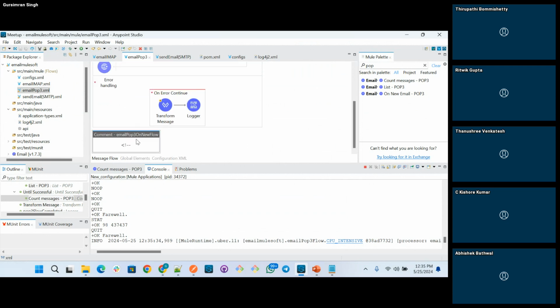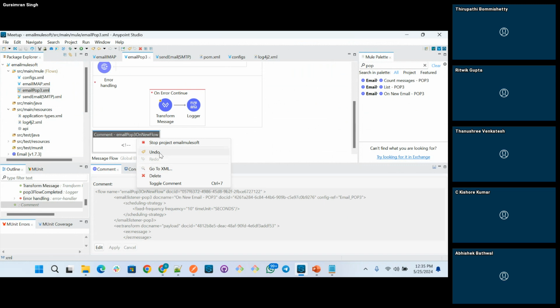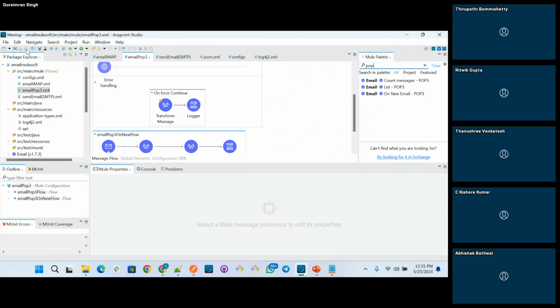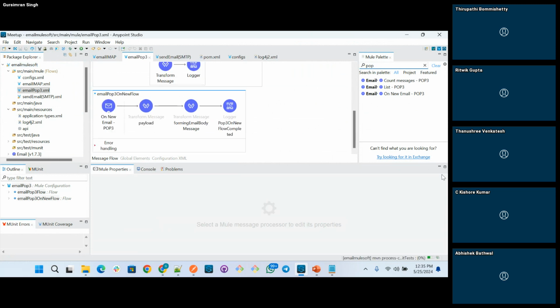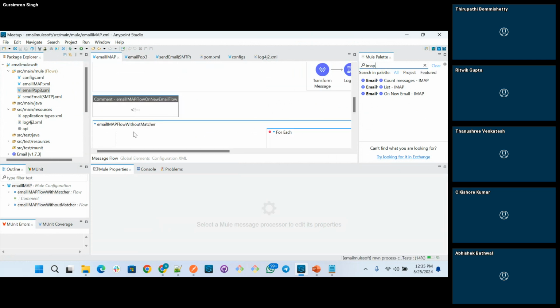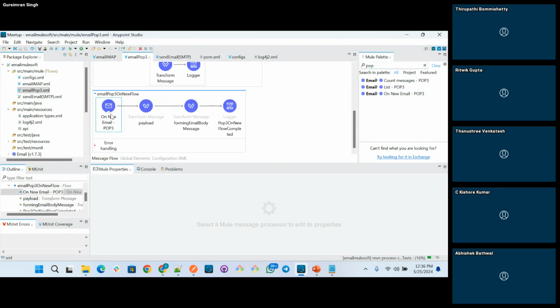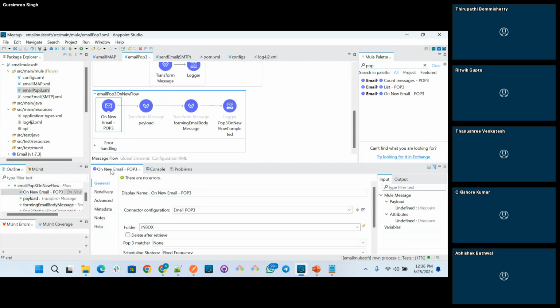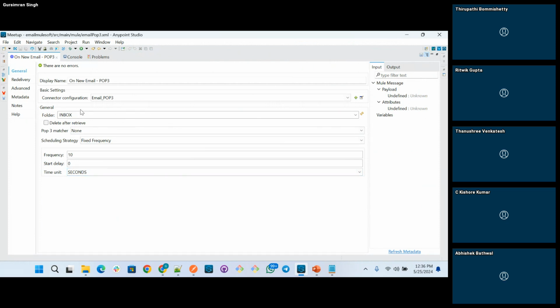But this is something different which I wanted to show: POP3 on new flow. It's the same with a couple of differences compared to IMAP.